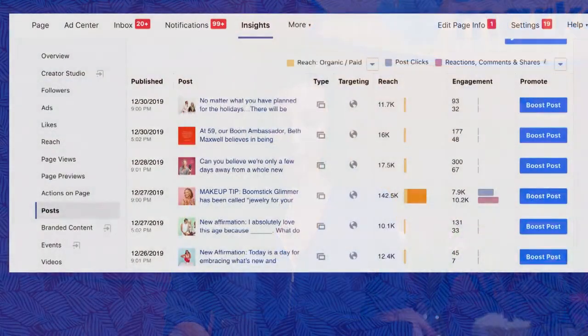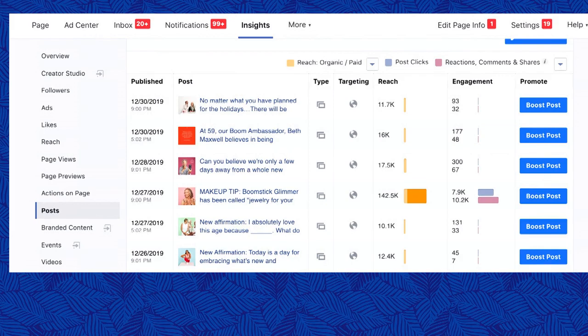So I want to show you how we do that here. If you go into your Facebook insights and then you go down to posts, you will see, if you look in reach, our average reach is about 10,000 or so, around 10, 15,000 people, which is right around 3% of our overall audience.